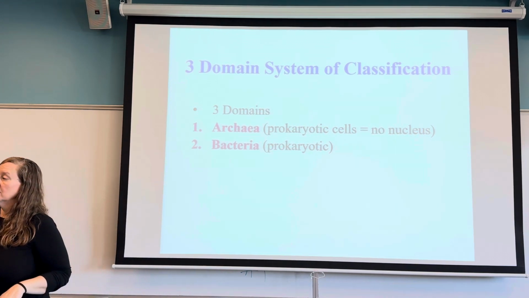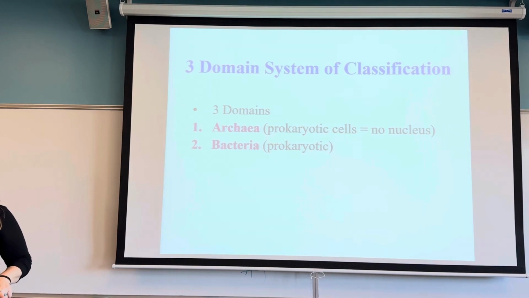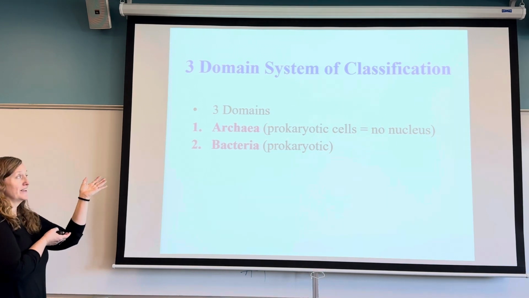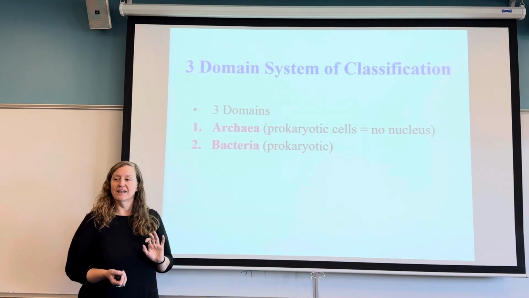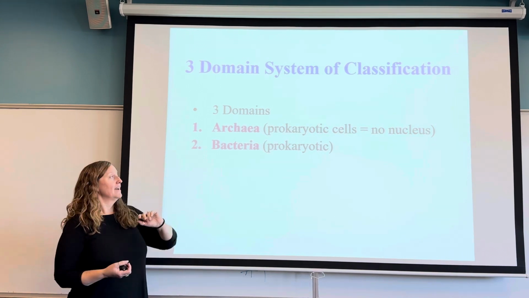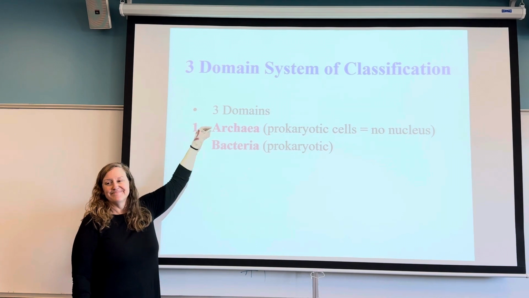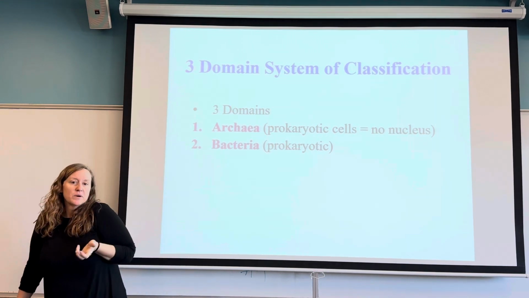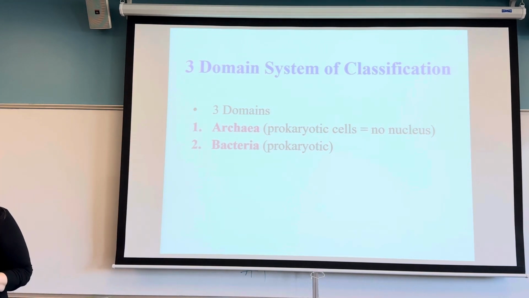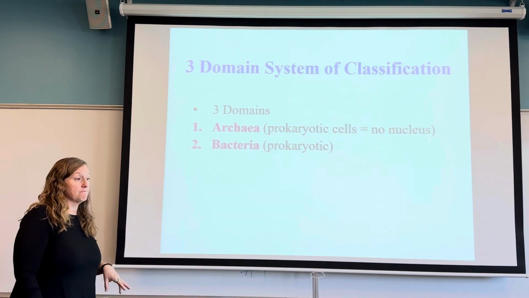Even though humans are a lot more complex, who do you think, in terms of domains, has a bigger chance of going extinct? Animals, or the kingdom Animalia, have a greater chance of going extinct, or these 2 domains? The animals, right? So just because organisms are complex doesn't necessarily mean better in terms of evolution.